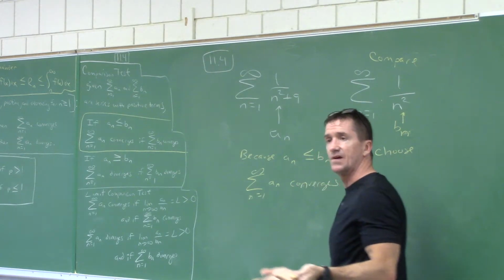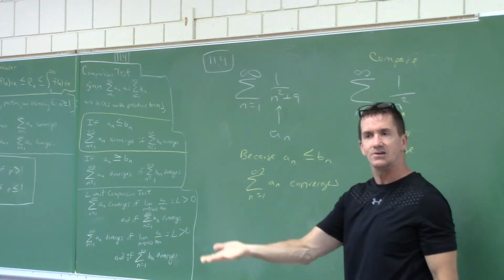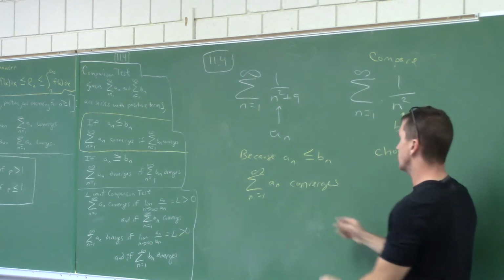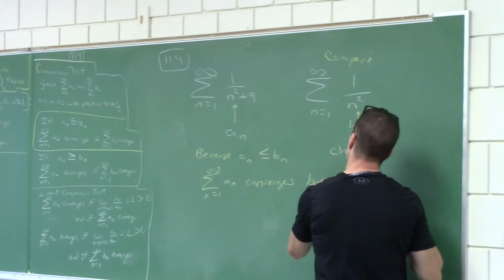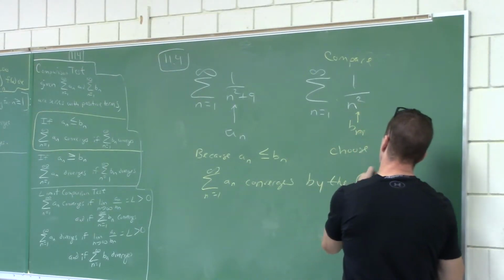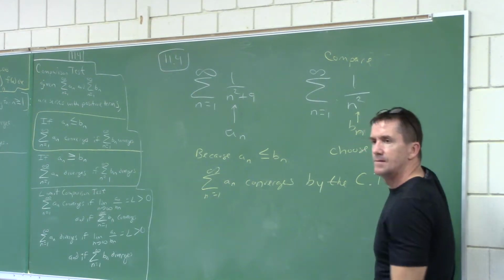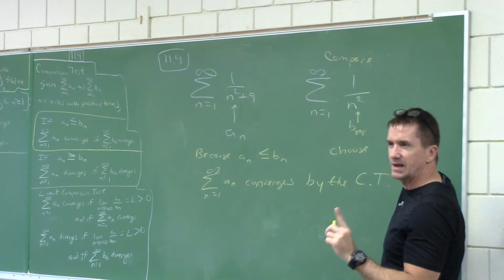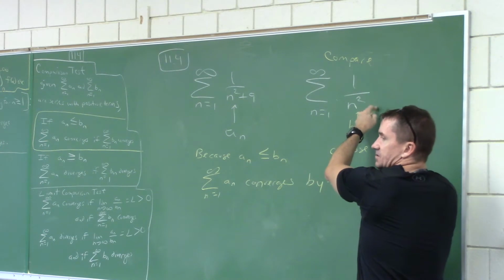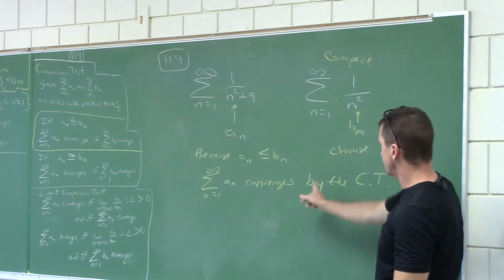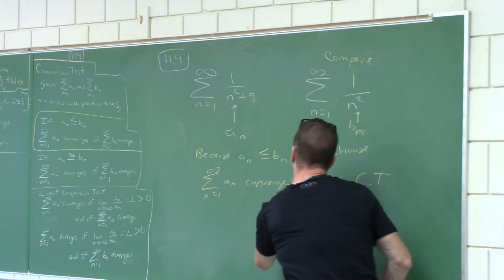Remember, I'm just going to justify this, but I don't have to write as much as I did with that integral test. This series converges by the comparison test. I'm okay if I write CT. And let me just write one more thing. I do have to point out why this converged. Why did this converge? This converges by the comparison test because